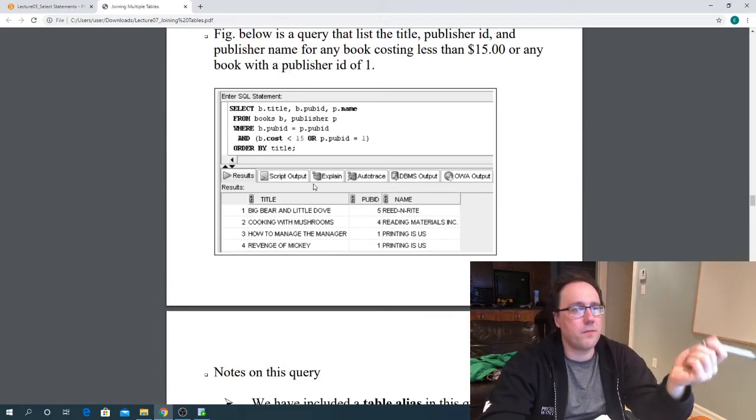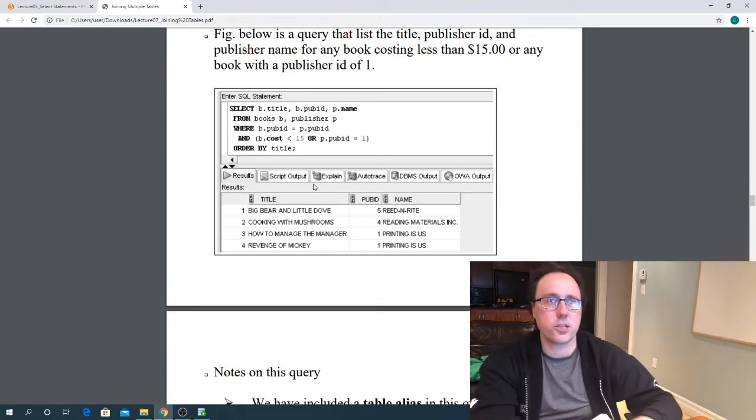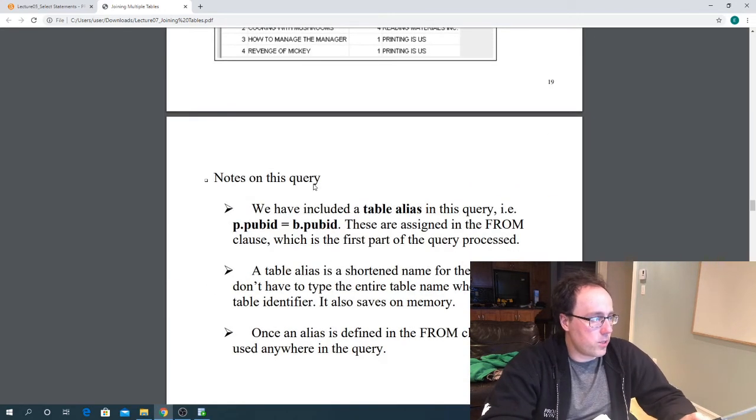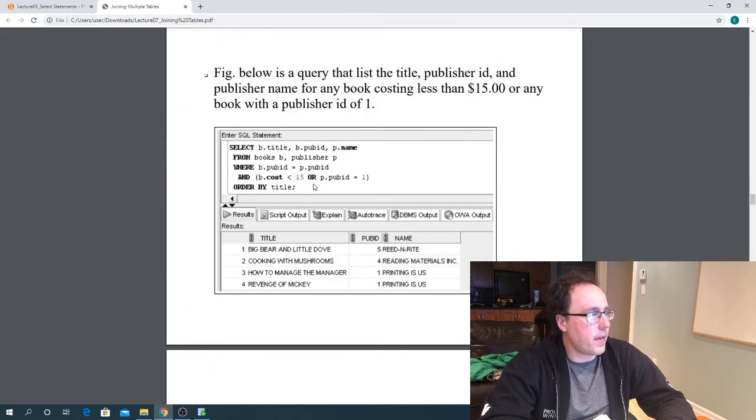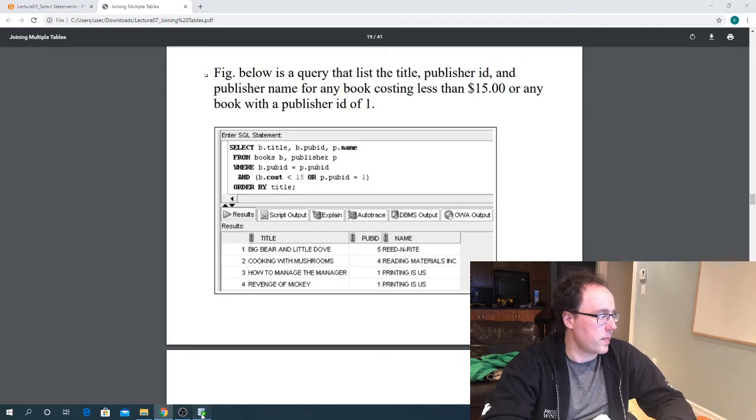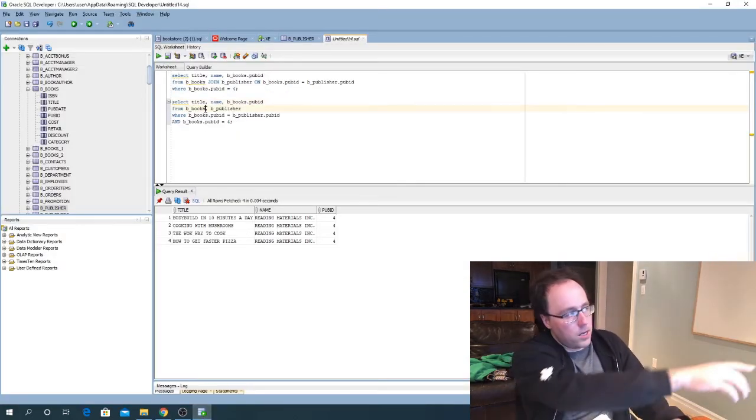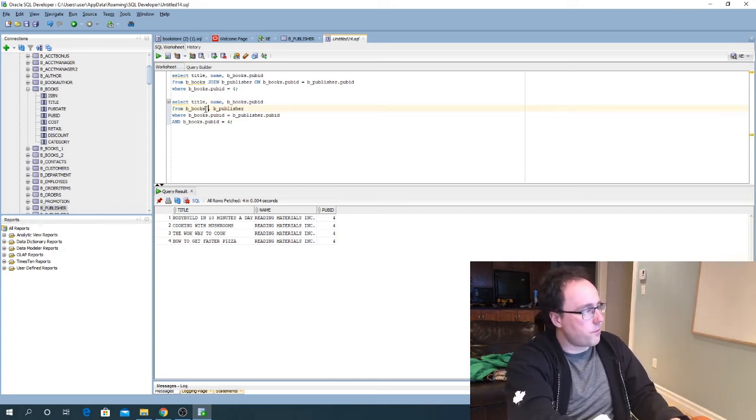All right. One thing that they've done in this query that's new, and I guess I should do a demonstration of, is they are using what's called a table alias. So this is basically so that they can do a little bit less typing. So let's do an example. I'll take this here and I'll do a table alias. So when I do my from statement, I'm going to go from books B,